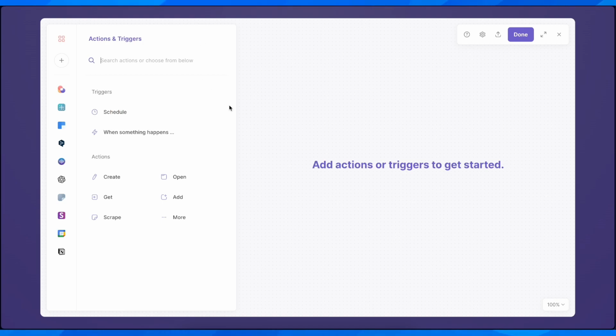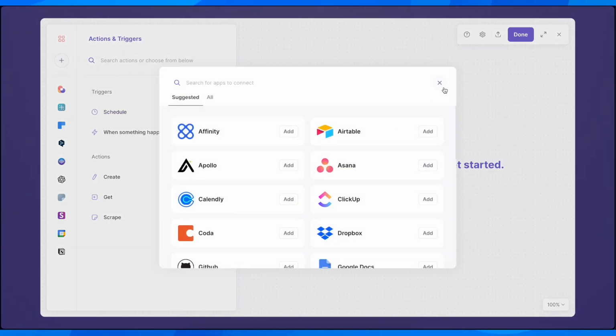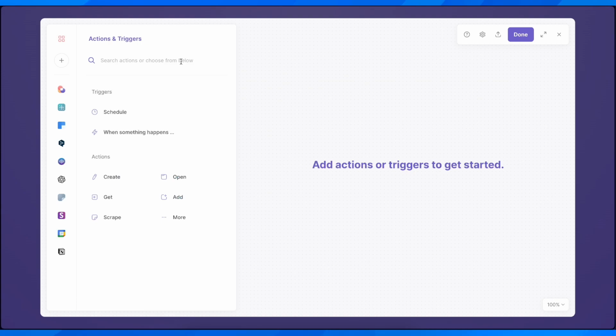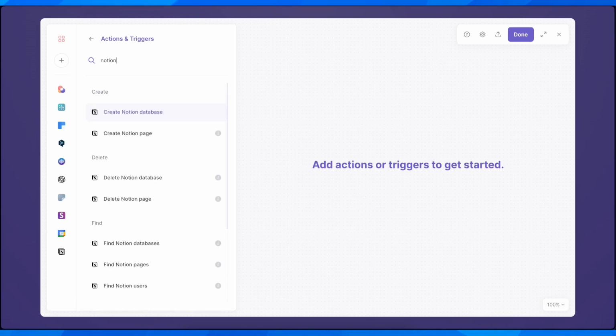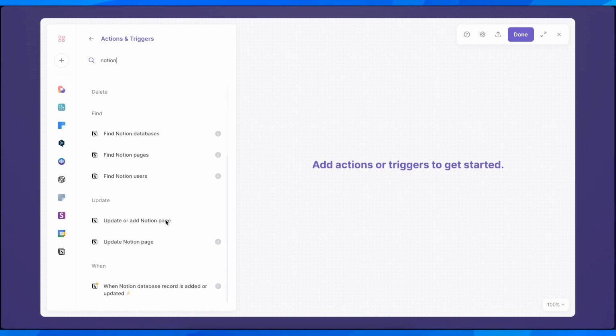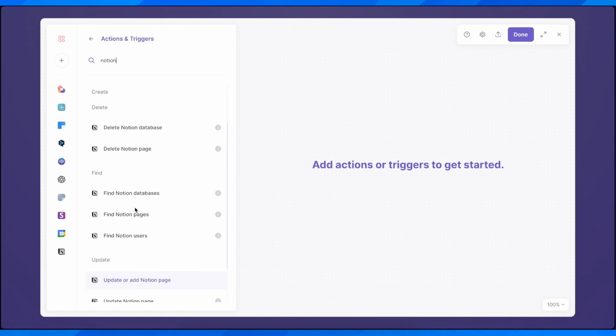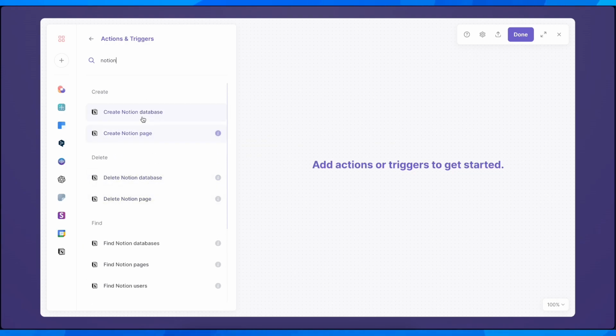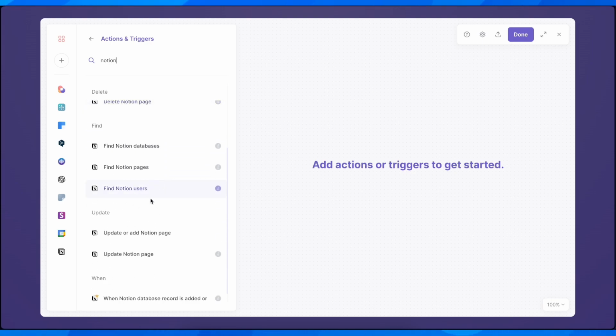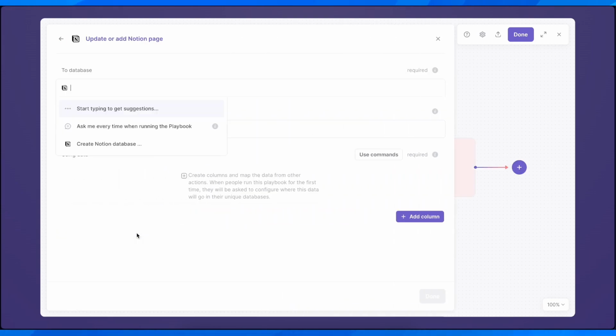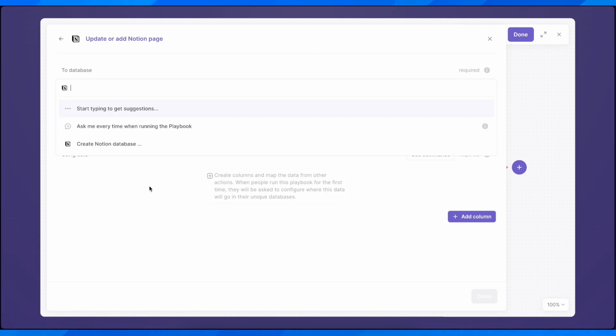I use Bardeen.ai, and after you create your account here on Bardeen you'll have to click on this plus button. After that you'll have to go and search for Notion. And then here, as you can see, you have different options. You have create a Notion database, create Notion page, or other stuff. And what you can do, you can select it. And after that, you'll have to